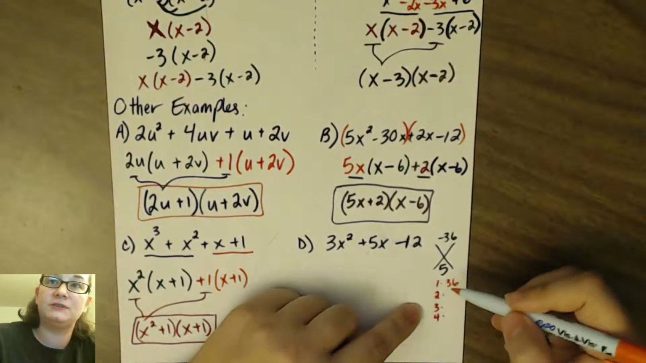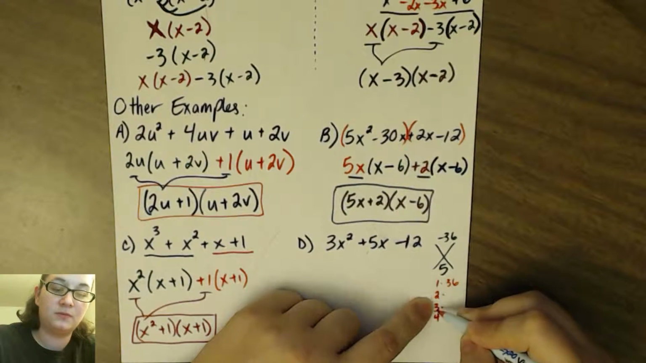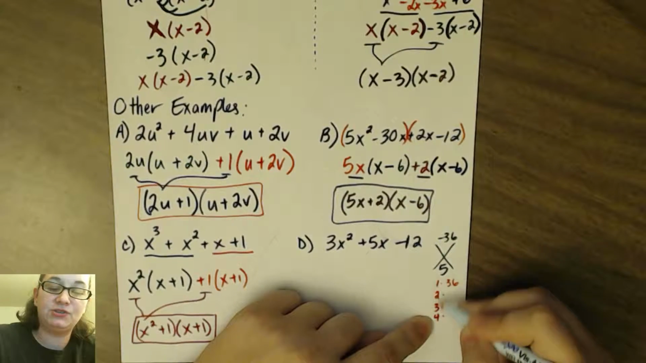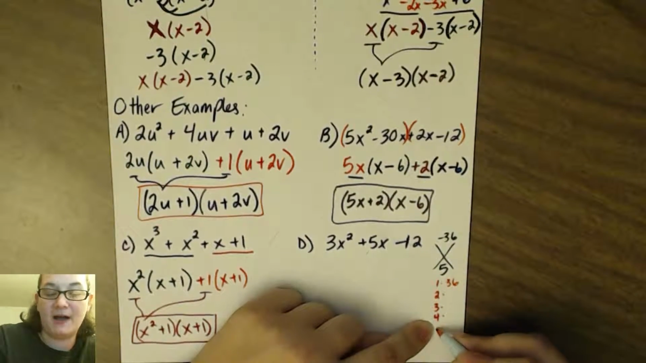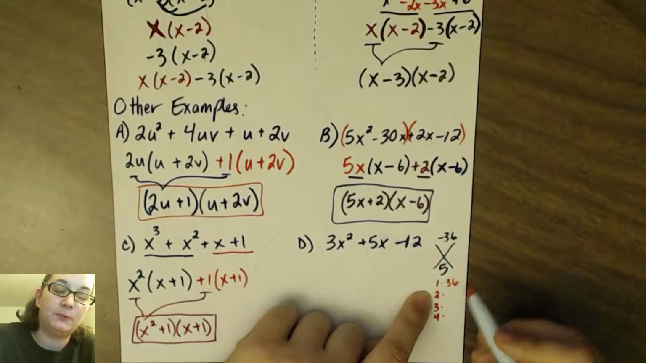And I want to show you this first. You want to go in order, just in case you miss something. Now I could write 5, but I know that 36 is not divisible by 5. So